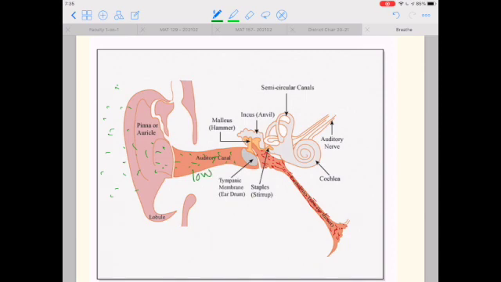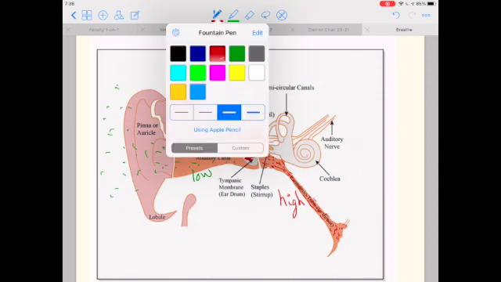So the air pressure on the outside of our ear is low, while the air pressure on the inside of our eardrum is high. Now, what's going to happen? It pops our eardrum out. And this can make it hard to hear. It can be uncomfortable. And we want it to get back to equilibrium. In other words, we want the air pressure to be equal on the in and out. How do we do that? We just have to open our mouth, friends.